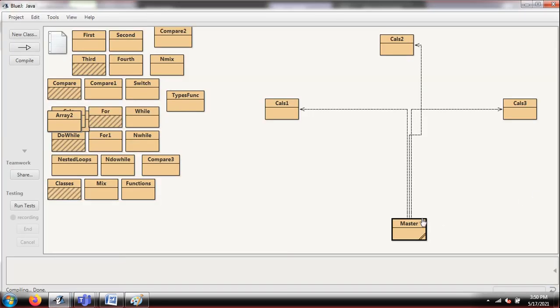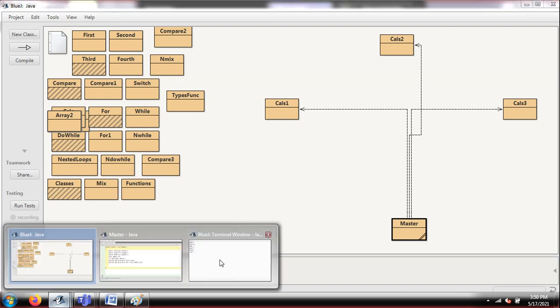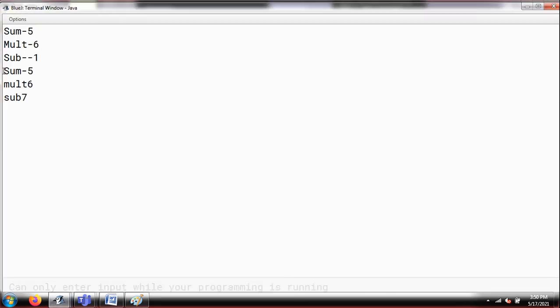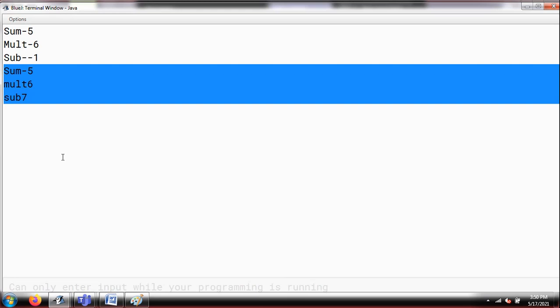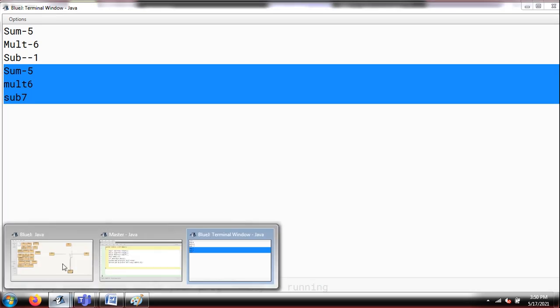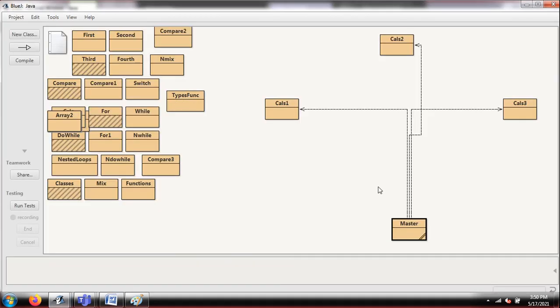And I'm going to come back to my code and I'm going to run my master function, because you can run only the class where you have written your public static void main. I'm simply coming back to my class, and please see from here, you can see the answer is same, but the procedure of writing the thing is quite different. In sub, I'm passing the values this time from public static void main while I'm calling sum, and here in multiplication I'm catching the answer and printing, and in sub I'm giving the values and I'm getting the value also from the sub function. So this code I'm going to provide you guys in the description.